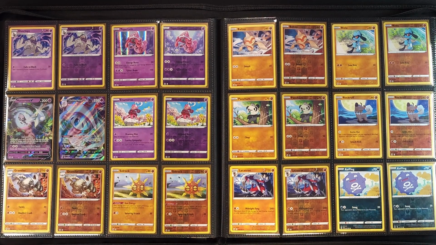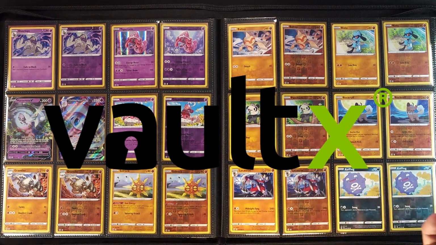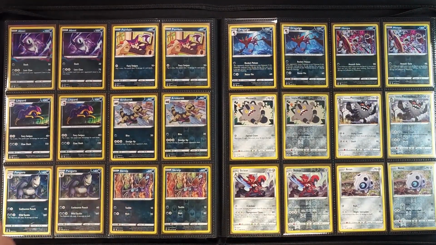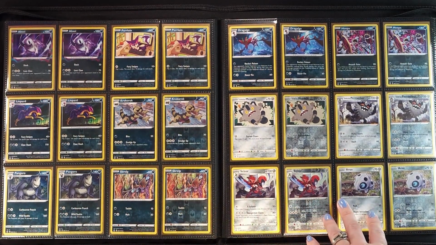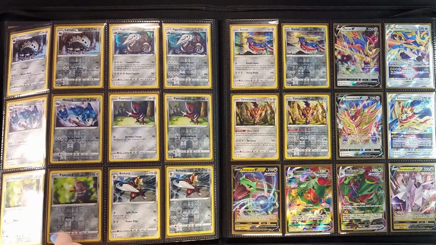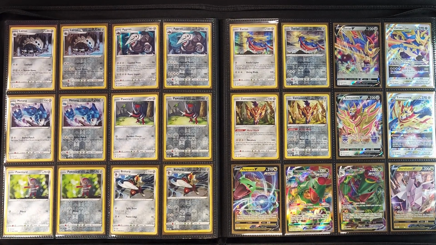As we keep going, we'll let everybody know that we are still using a Voltex 12-pocket binder to store all of our cards, with gold matte sleeves to match the crown of Crown Zenith. And then we have our dark and our steel type, so nothing too special on that page. Moving on. Keep moving on, and there's still not much special over here